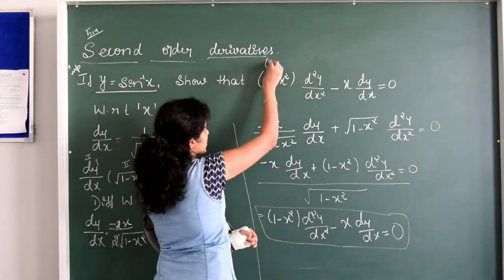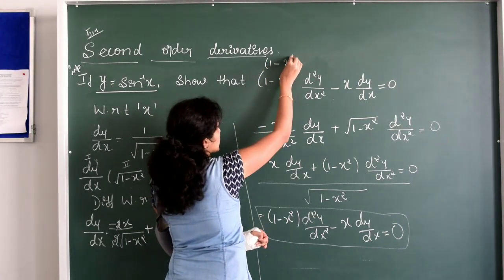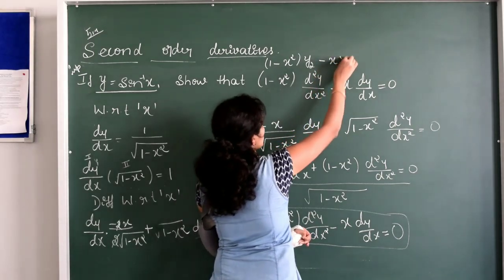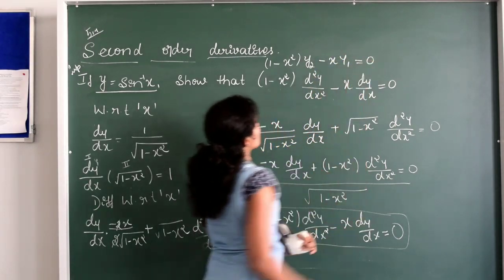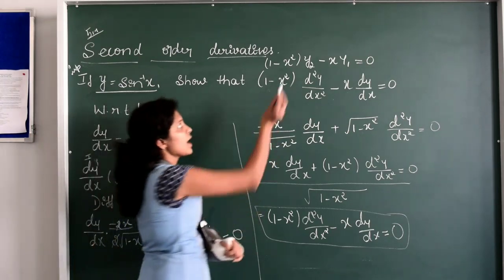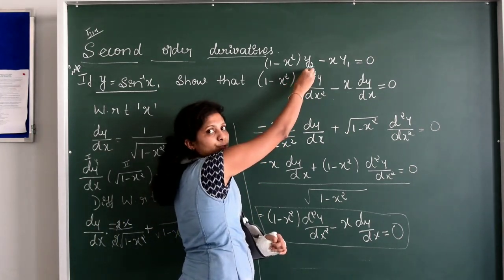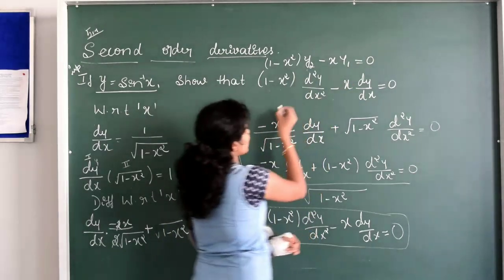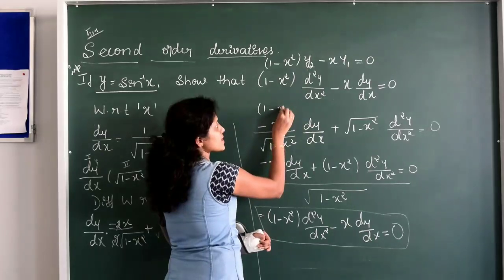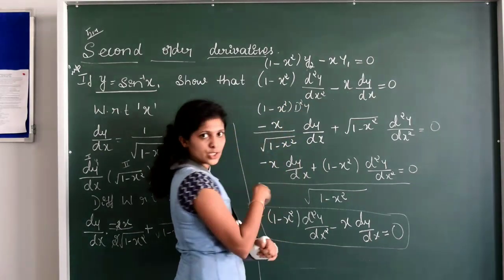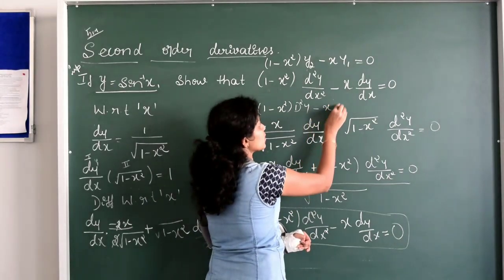See, this question also can be asked like this: prove that 1 minus x square y2 minus x into y1 is equal to 0. I mean y2 means you have to differentiate the function twice. y1 means you have to differentiate the function once. Or else we can write this one as 1 minus x square into d square y, I mean you have to differentiate the function twice, minus x into dy